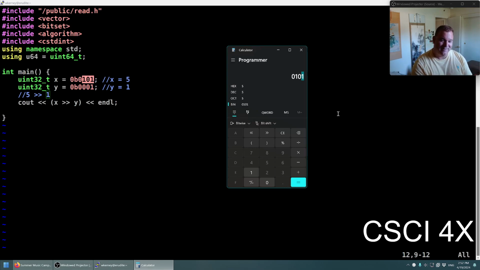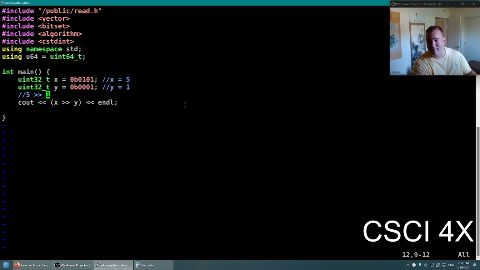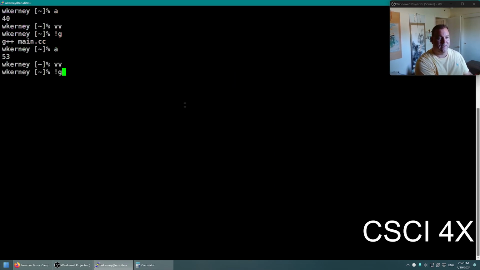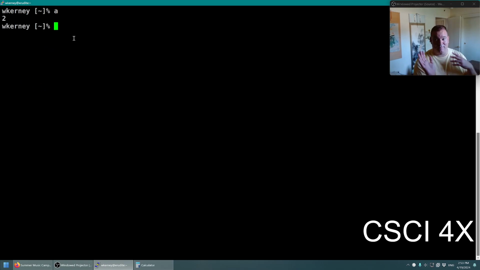Right? So if we right shift this 1 time, then we just get 1-0, and that last one falls off. And in decimal, it's the number 2. So 5 divided by 2 is 2. All right, not 2.5. Very common mistake students make. They think the answer is 2.5. The answer is 2. Any bits that get shifted off the edge just fall off the edge of the